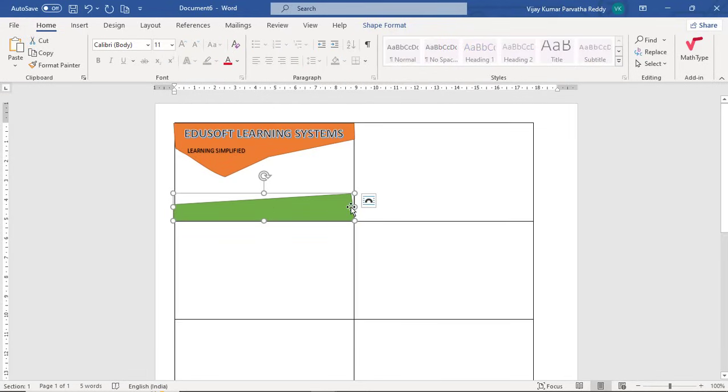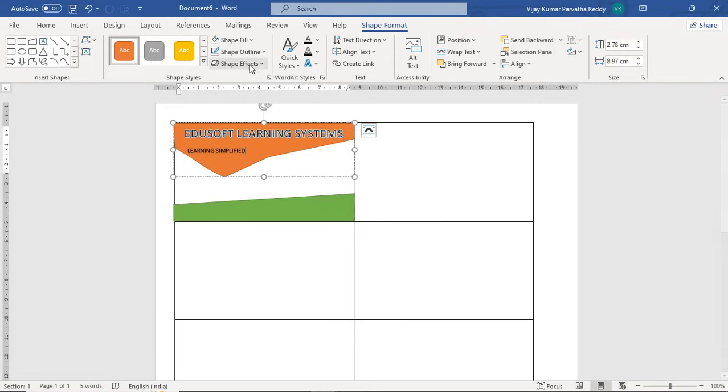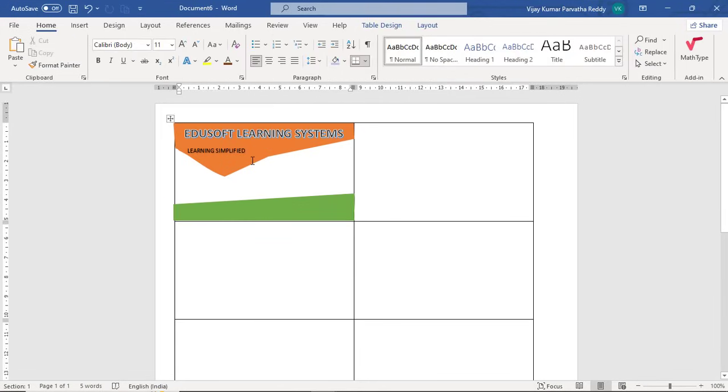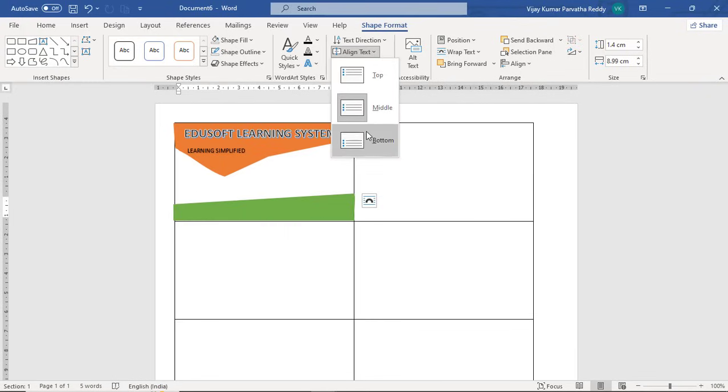So after that you can place some address information. Suppose this is not properly seated in this box, so you can always edit using edit points, like that. And if you don't want the borders, you can always remove the borders, no outline, and for this also you remove the outlines. And here if you want to type the address or something, you can edit here and right click and add text and align text in the bottom